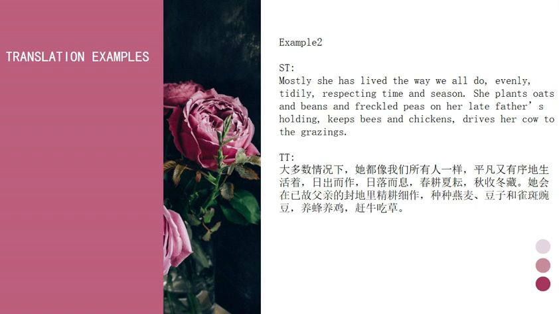I think in this way it can show the target readers that the source text is actually written in a rather literary way. So in TT2 I translated: 在大多数情况下，它都和我们所有人一样，平凡有序地生活着。日出而作，日落而息，春耕夏耘，秋收冬藏。他会在已故父亲的封地里精耕细作，种燕麦、豆子和雀斑豌豆，养蜂养鸡，赶牛吃草。